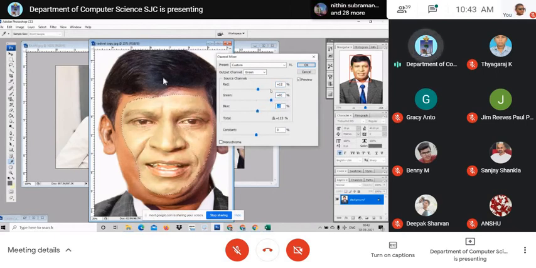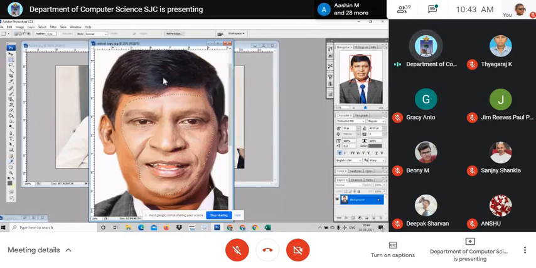Even selecting the face, you can adjust a bit and make people brighter. You will have to make slight changes. Only then you will be able to get it. See here, there are 3 channels here. Based on the choice that you have chosen, accordingly you will get the differences also. Right? This is select